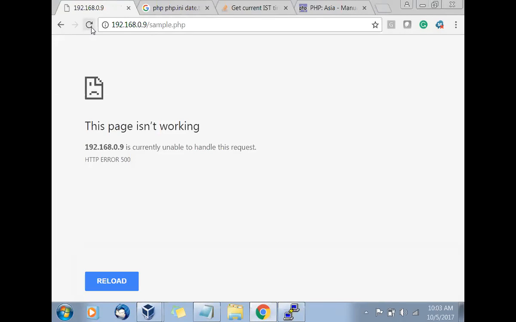What happened? Now we should not talk in layman's language. In layman's language, you'd say this page is not working. No. Now you are a DevOps engineer, so you have to talk about this properly. The error number is what? 500. So what is the meaning of that error? Very simple. If the error number is greater than or equal to 500, it is a server side error. If it is an error below 500, it is a client side error.